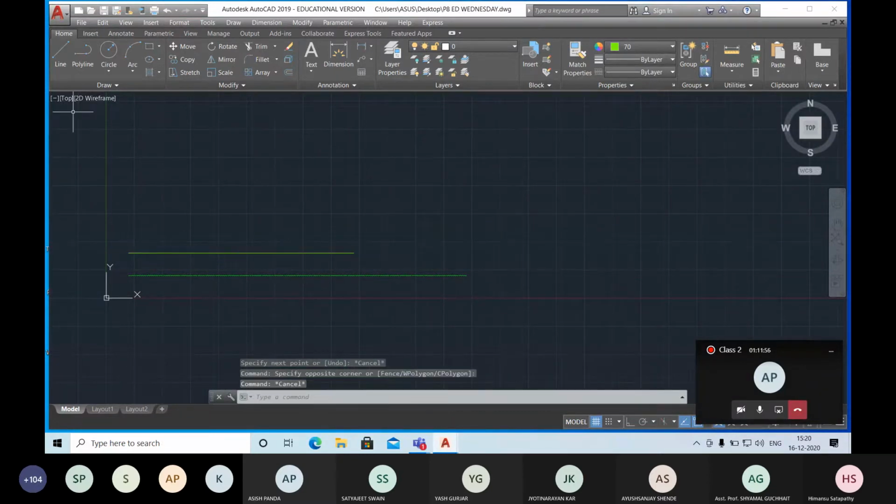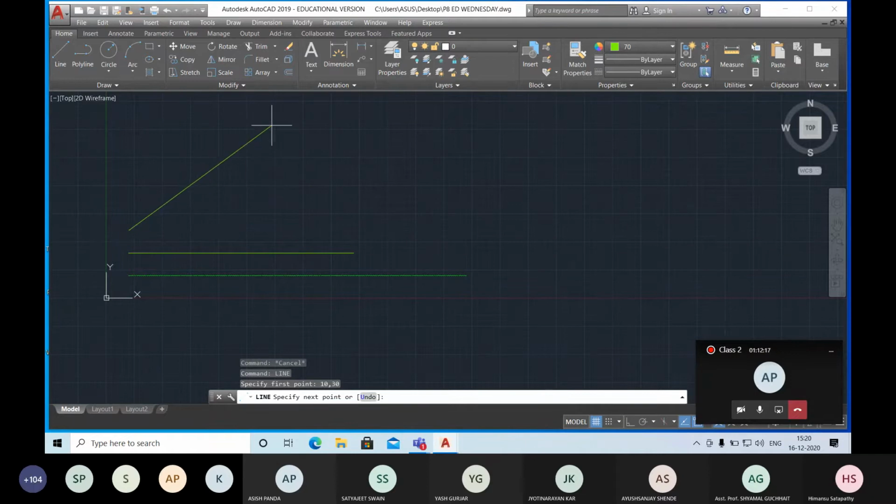Another method to draw a line is this one. Go to the command line, enter. All the time you have to mention the first starting point. Mention 10, 30. 10 is the x ordinate, 30 is the y ordinate. Enter. You can see this started from 10 mm above the line.